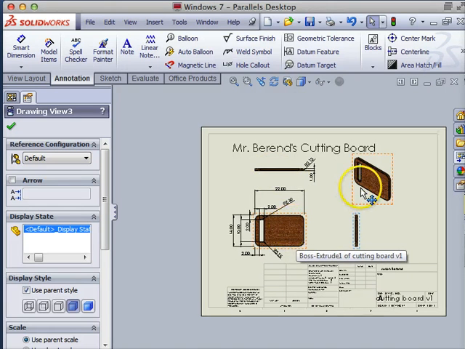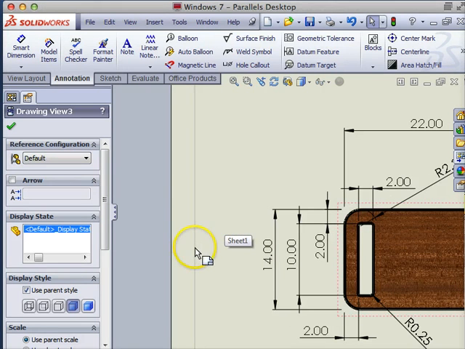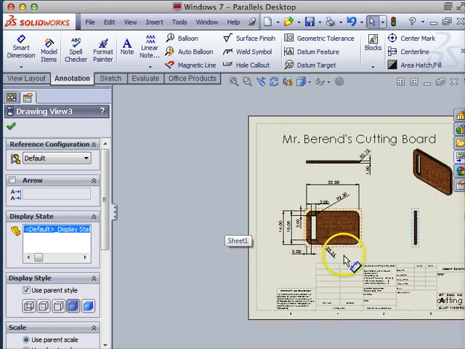Got my cutting board, it's shaded. I have a title, it's nice and big. I have my first and last name down here. Nothing is going past this gray line, this border line here. And remember that